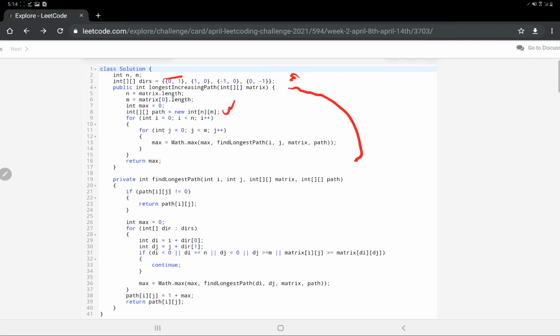This is our DP array. Basically I've named it path. You can name it whatever you like, but it's a DP array and it has all the positions that we have. We will just return the maximum value that we get while traversing it, or while filling the values. As we declare the DP table in Java, it's always initialized with 0. Most of you know this point. If you want, you can initialize it with -1, as we do in general DP questions as well.